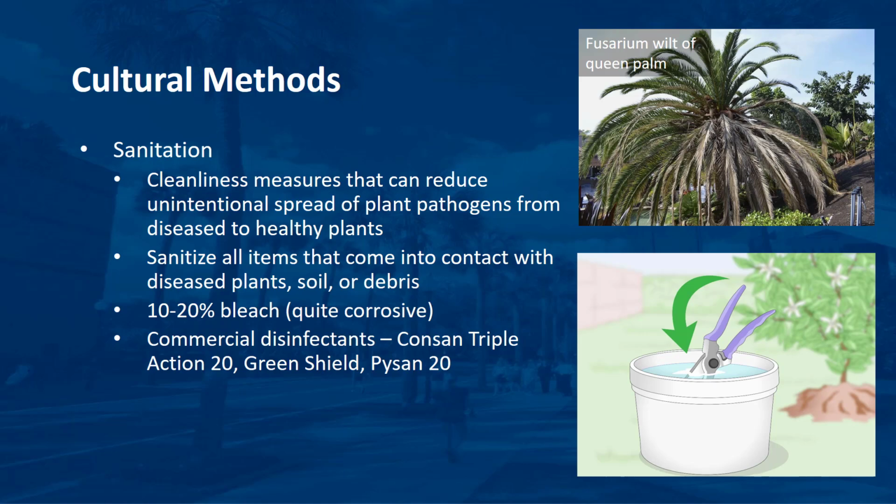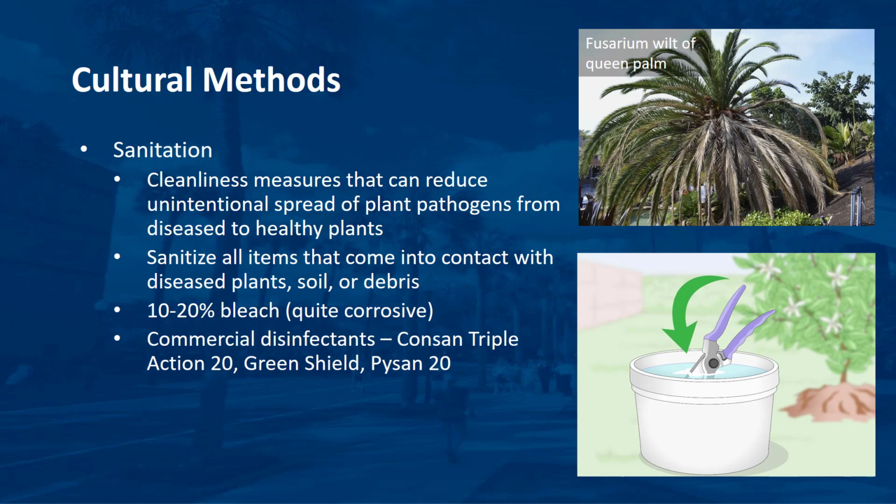Fusarium wilt of queen palms is a devastating disease that can be transmitted through pruning, thus readily spreading to other queen palms in a nursery or landscape. Routinely sanitize all items that come into contact with plants, soil, or debris. A 10% to 20% solution of household bleach and water makes a good disinfectant for tools and soles of shoes, but is quite corrosive. Examples of commercial disinfectants marketed toward plant production personnel include Consan Triple Action 20, Green Shield,